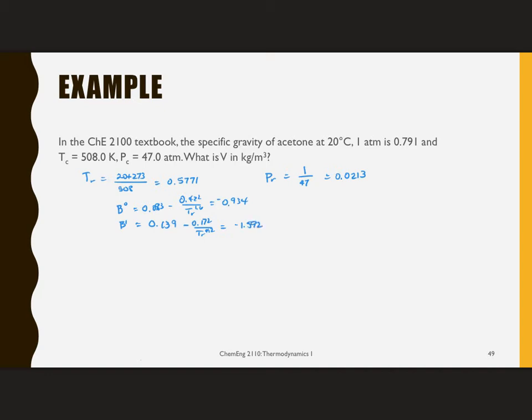So this is looking at it as a gas. B-hat PC over RTC is B0 plus omega